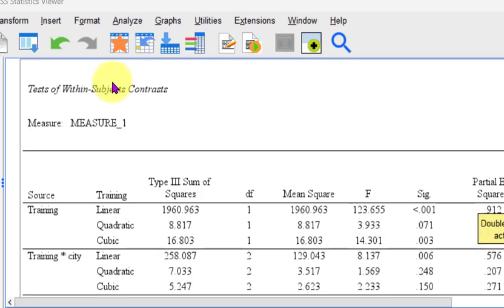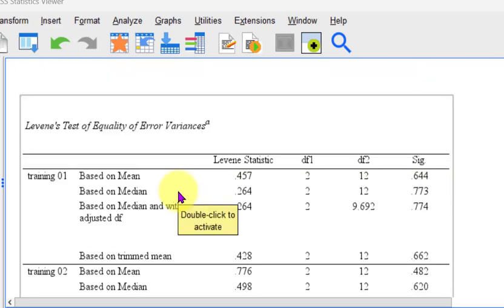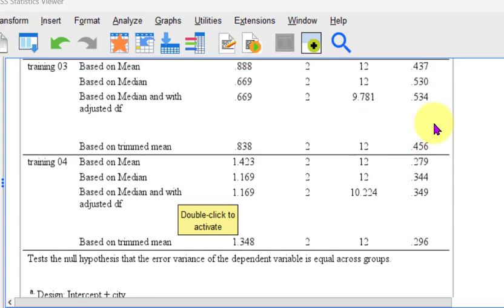This is the contrast. Basically it tells you which approach you should use, right? Does the data fit a linear curve, a quadratic curve, or a cubic curve? And you'll notice that the strongest one is linear. And so that kind of backs up the reason why we used a linear equation here and not a quadratic or a cubic, thank God. So let's keep going. Levene's test. And again, you'll notice that this did agree with the Box's M test from above. Nobody violated the assumption of homogeneity